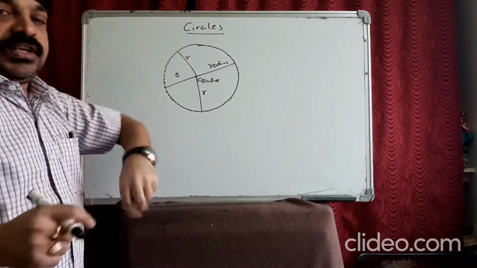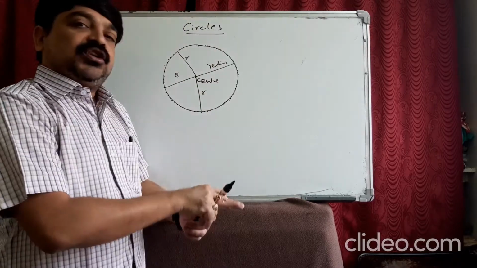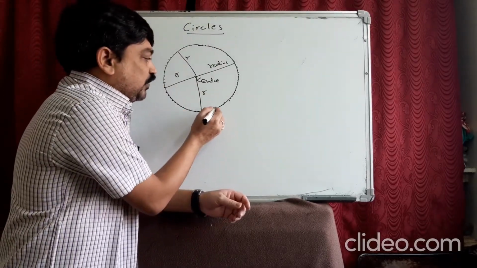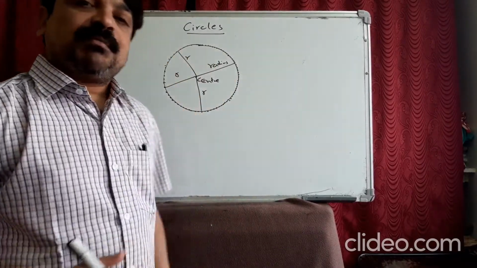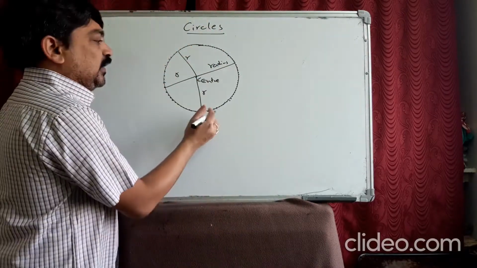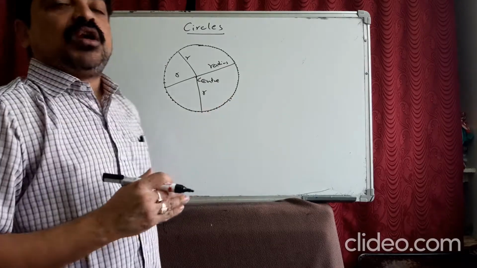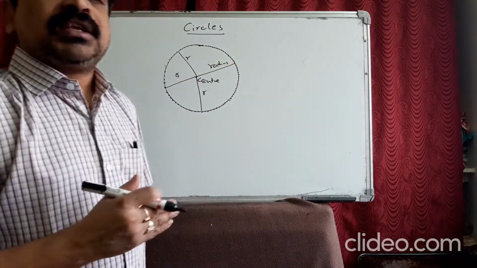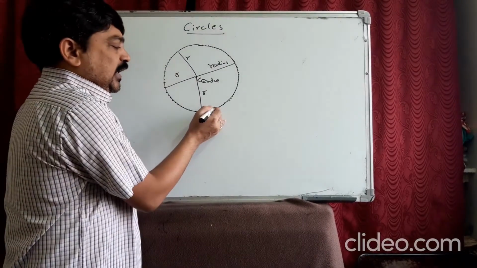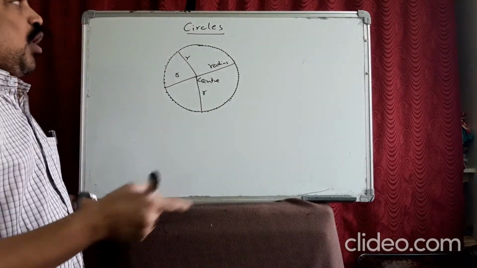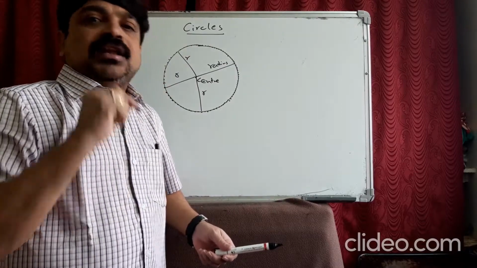A very important point to note is that no two points lie on the same line. Any two if you take, even the beside points also, they don't lie on the same line, because it is completely a curve. No three points will be in the same line. If you draw a line, it will be away from the circle. That means on a circle, all the points will be on a curve but not in a line.